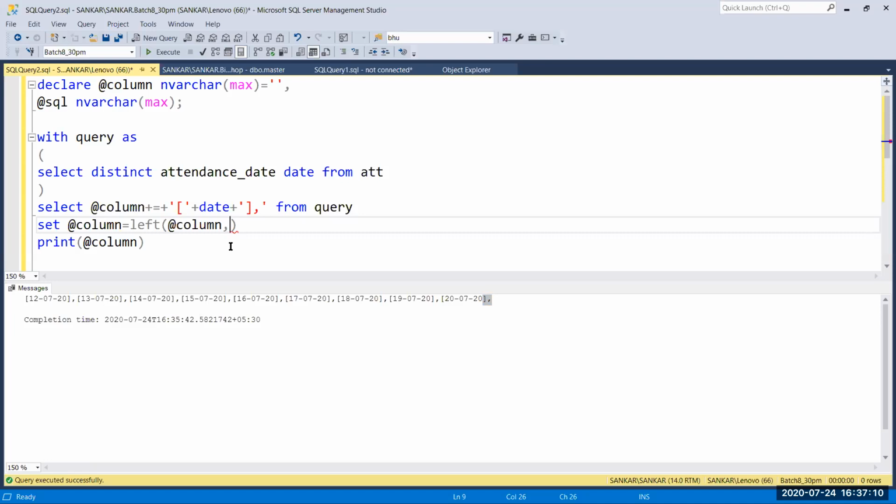So how to do that? Simple. First we have to find the length of this entire string or entire column value. Let's do that. First I'm going to give length of @column, and I'm going to give -1.